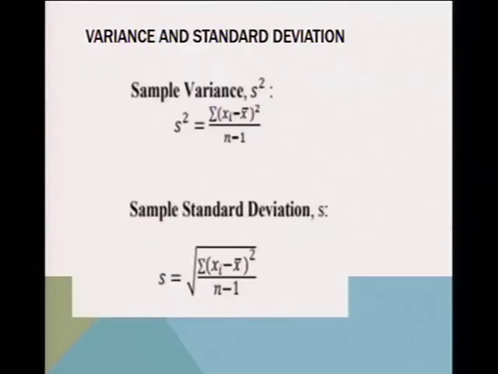Okay, we move on to variance and standard deviation. The formula, I hope you can see it clearly. Remember the example that we just finished on quartiles is for an odd data set. So you need to read on how to find the quartiles of an even data set when the data is ungrouped. Okay, the formula for variance there,